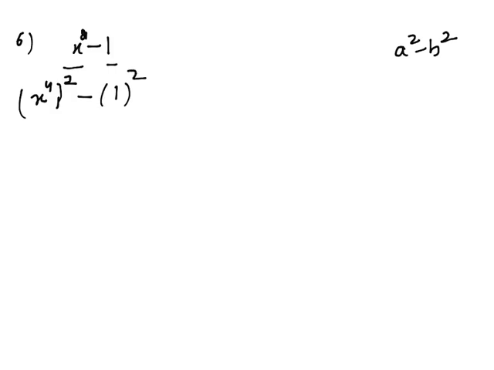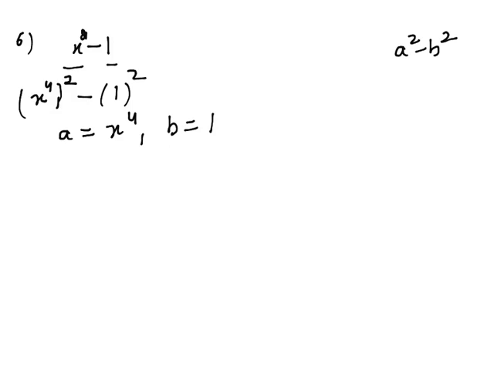Next question we have x raised to the power 8 minus 1. So clearly in this we can use the identity a square minus b square. But here we have x raised to the power 8, so we have to change it into the square form. As we know, if we have power to the power, then these powers will be multiplied. So it will give us finally x raised to the power 8. It means its numerical value doesn't change. And we can write 1 as 1 square. So it is in the form a square minus b square. Here a is equal to x raised to the power 4 and b is equal to 1.